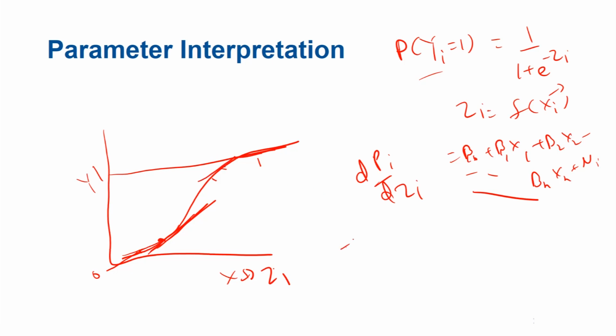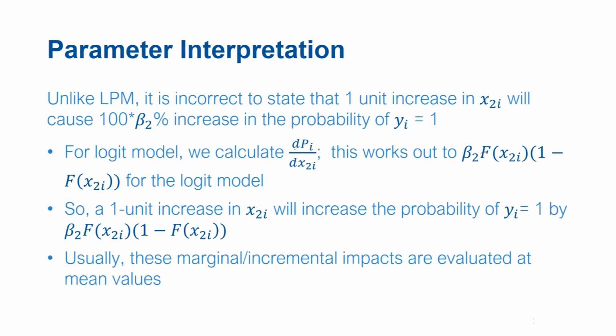So let's say you want to compute the impact of a particular variable x2i on zi. The most appropriate way to find that impact is the differential with respect to that particular variable. And this is what we call marginal effect. So to put things in perspective,